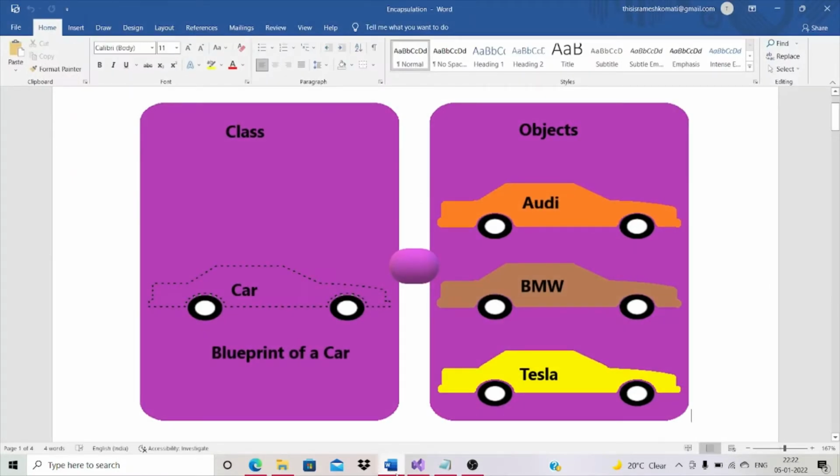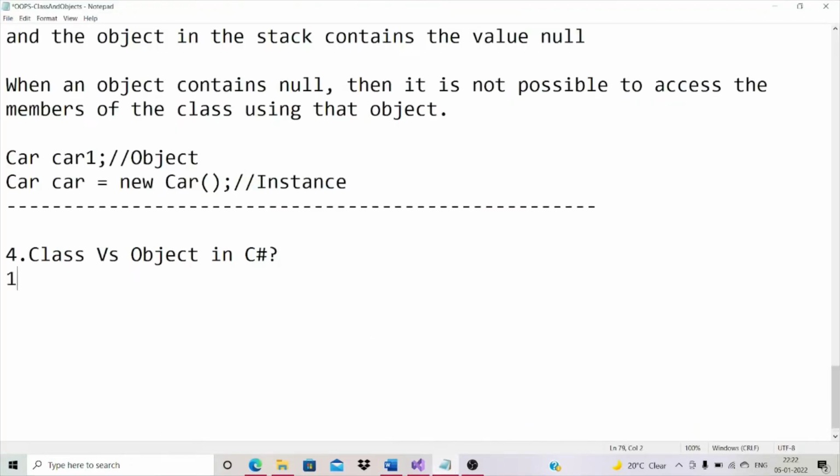So a class is a template or prototype or blueprint, as discussed in part 1 video, right? A class is a template for creating objects, whereas an object is an instance of a class. And class is a logical entity while object is a physical entity, because class is a blueprint and does not occupy any memory, but object will occupy memory. Okay, so let's take a note. First point,